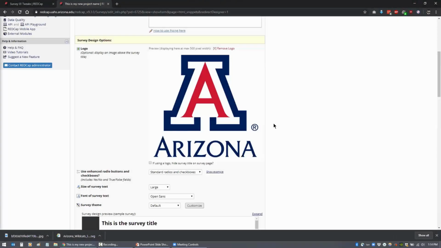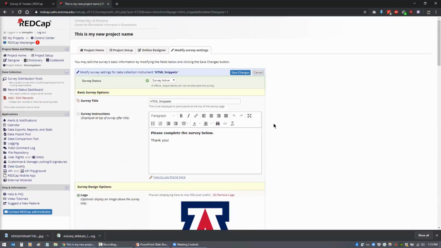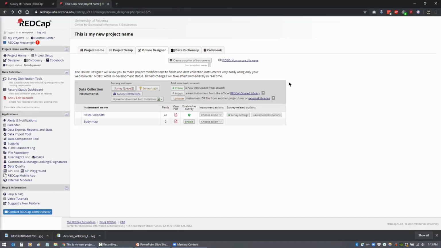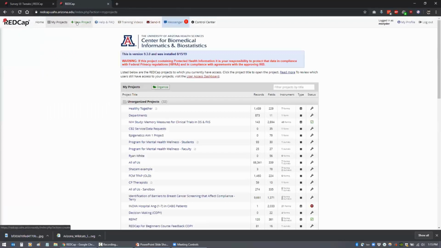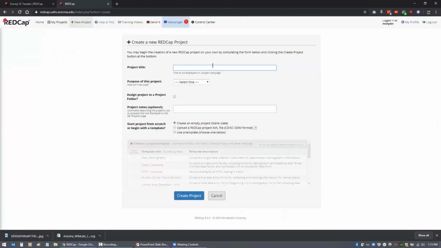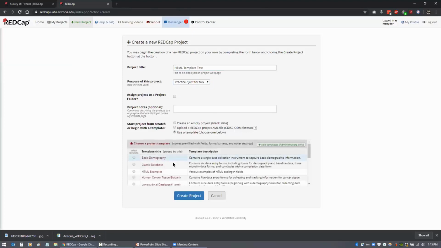Okay, can you just point out where the HTML templates are, so if somebody wants to download those, they can access them from the template files for HTML things. Okay. So if you create a new project, it's saved as a template. You would select use a template, and then down here we have one saved called HTML examples. And when you create your project with this template,